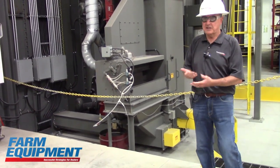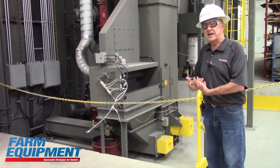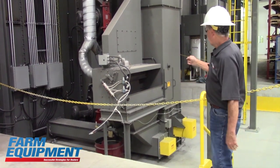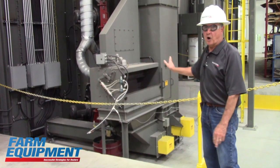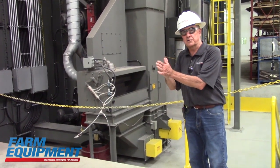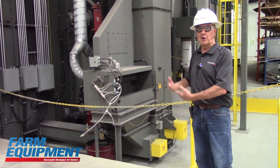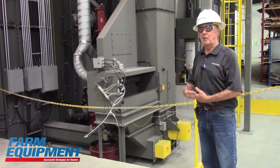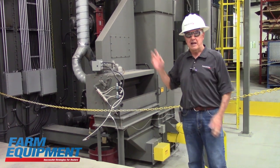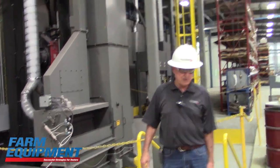And what we do is we take the steel shot and throw it at the parts going through blast. As the parts get clean, the media, the shot that we just talked about, breaks down. And what the separator does is, through an air wash through the back, it takes the air and removes the fine particles of shot and disposes of them into the bottom here, so that we're not throwing bad shot at the parts. And this prolongs the life of the machine, because we're only throwing good shot at the parts as they pass through. On the back end of the machine,